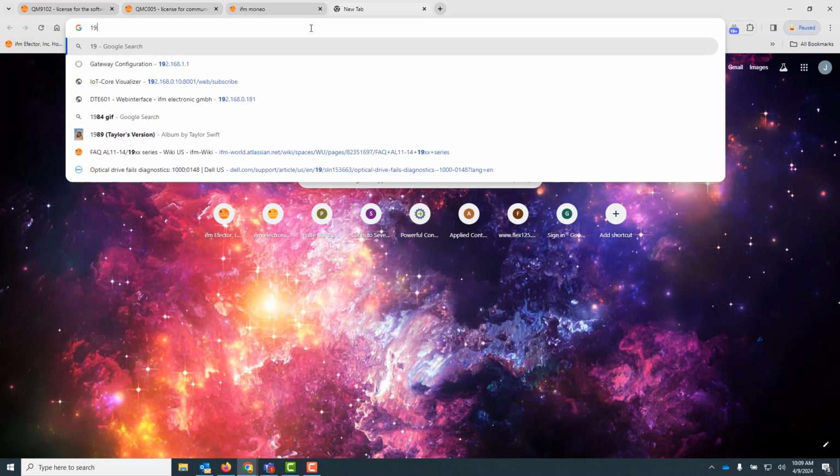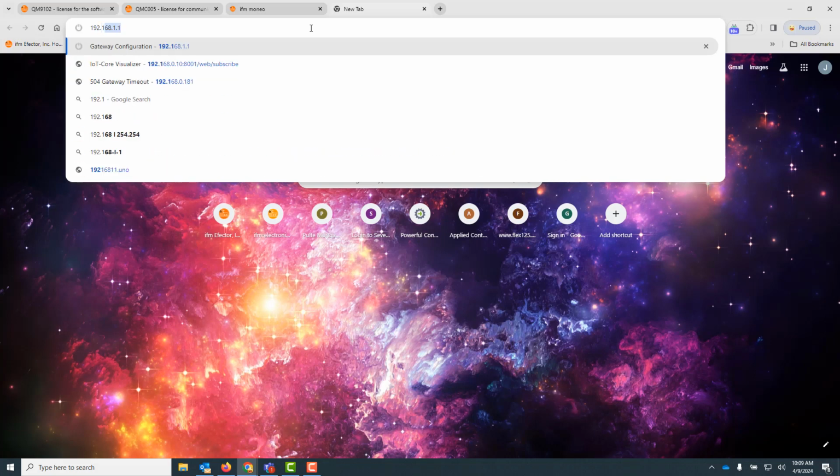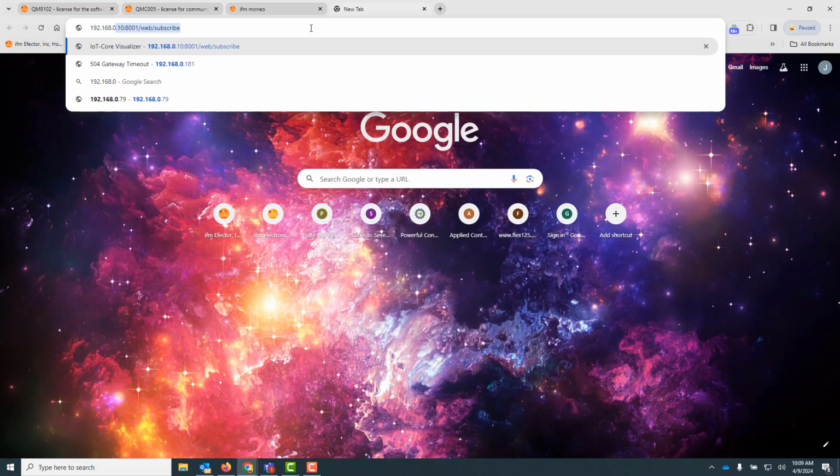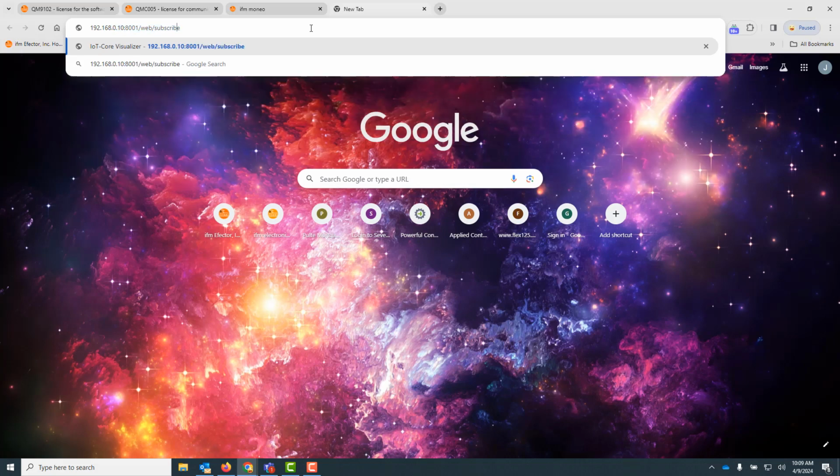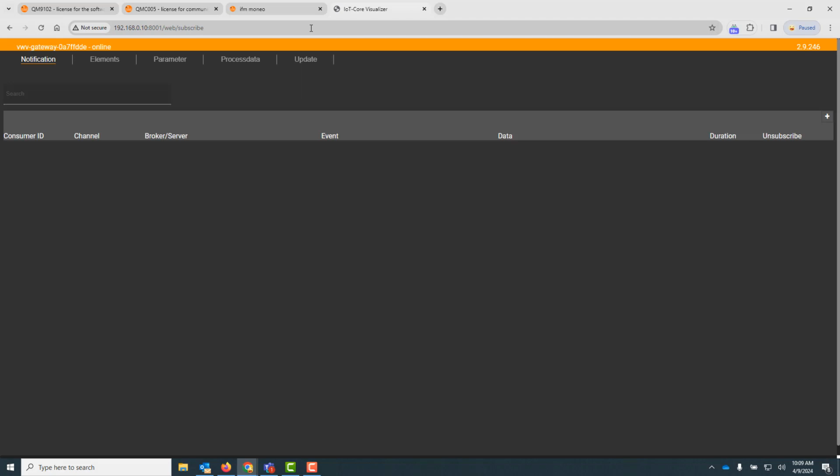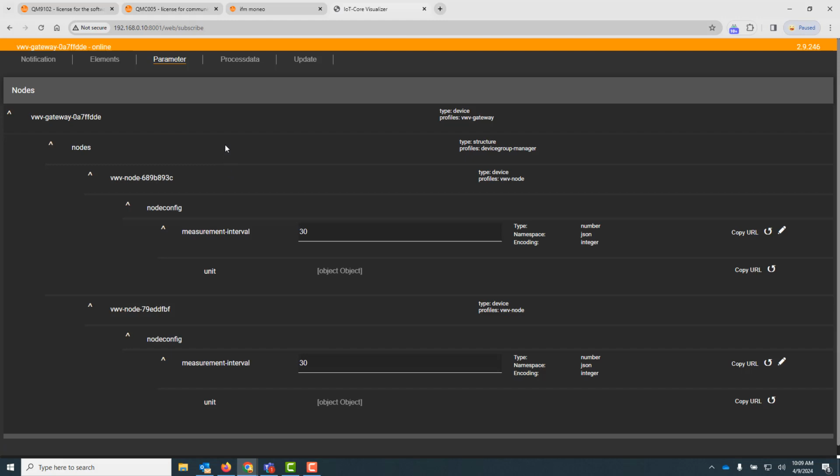To get to the web server for the gateway, in my case, the IP address is 192.168.0.10, and then we do colon 8001/web/subscribe. This gets us to the web server. All right, and where we want to make a change is under parameter,